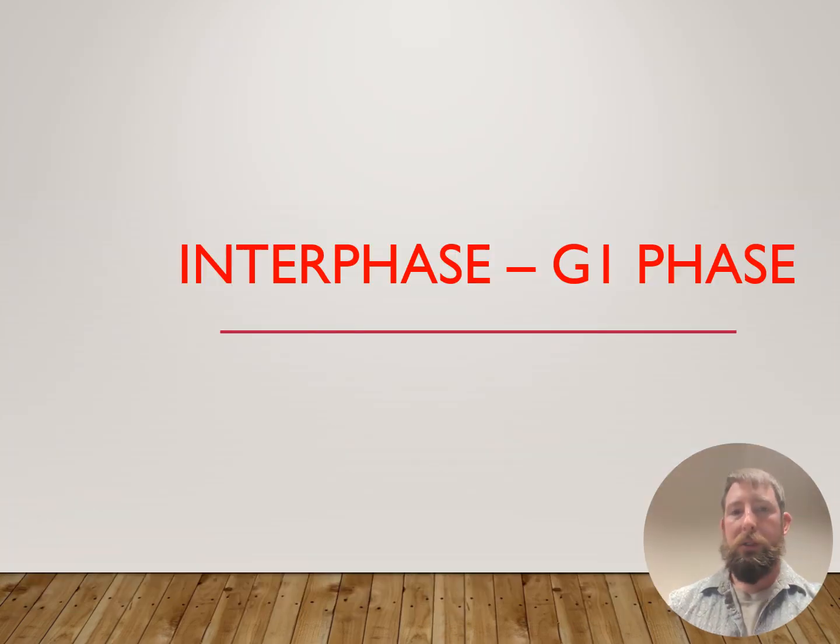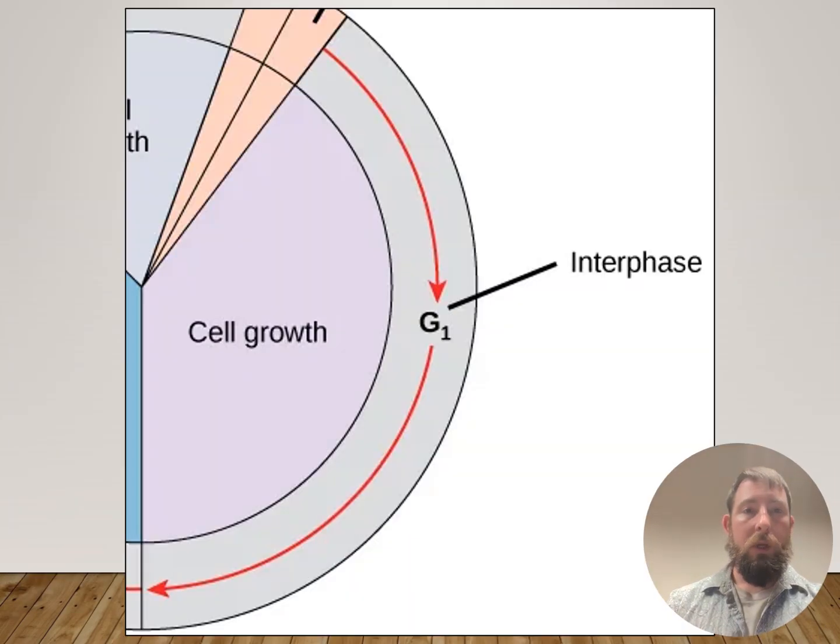So interphase, the G1 phase. Immediately after cell division, the interphase begins with what is known as the G1 phase. The G1 phase is really a large portion of the cell's life. The important thing that's going on here is the cell's metabolism function in the body. It's doing a lot of things that are not really relevant